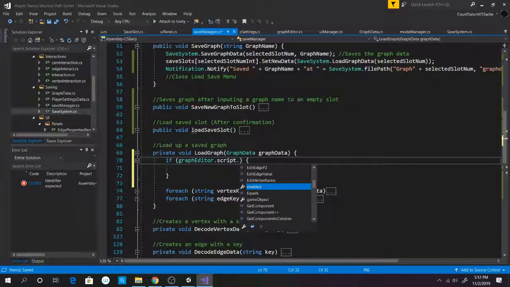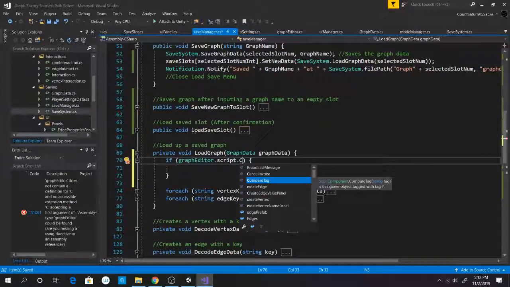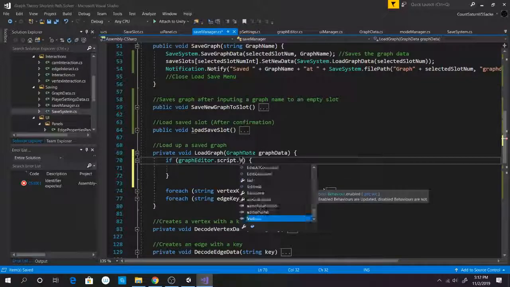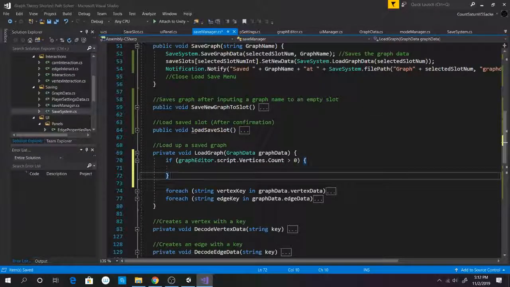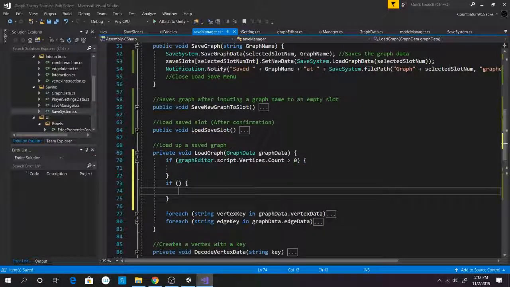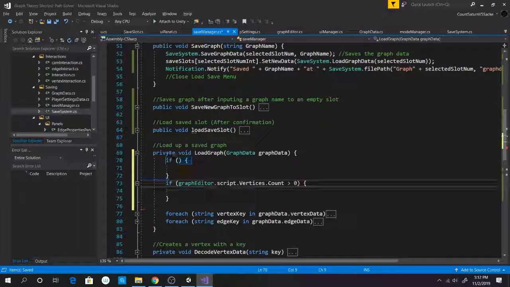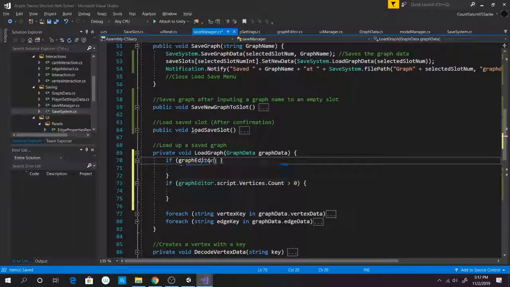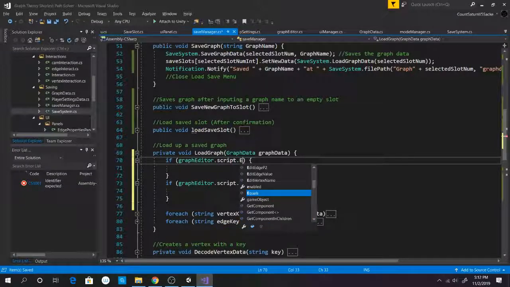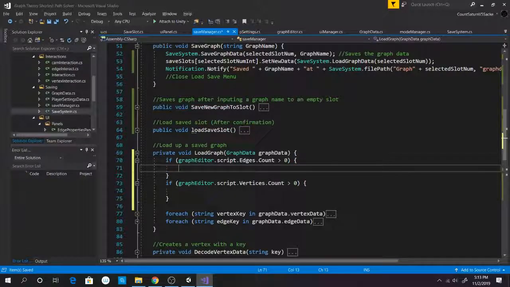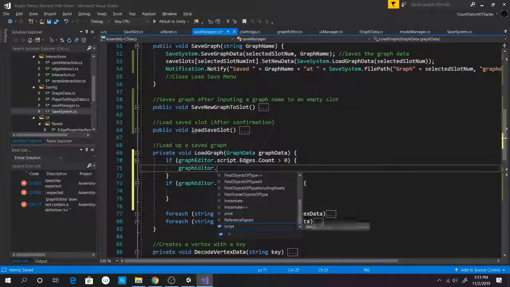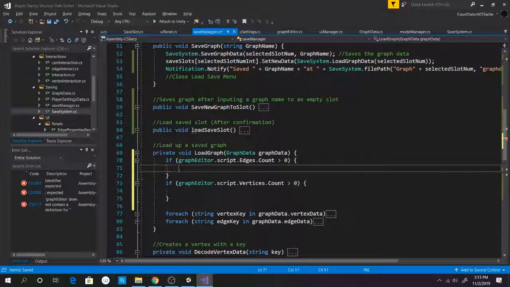And then we see vertices.count is greater than 0. We kind of want to remove all the vertices, but we actually should do that for the edges first. So if graph editor.script.edges.count is greater than 0, then what we want to do is do graph editor dot. Actually, no, we want to do for each